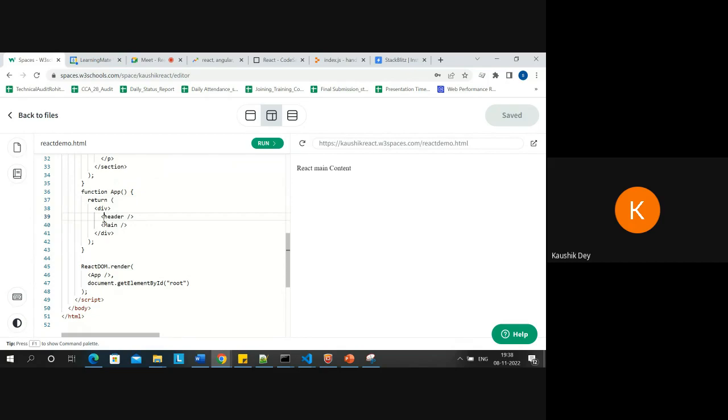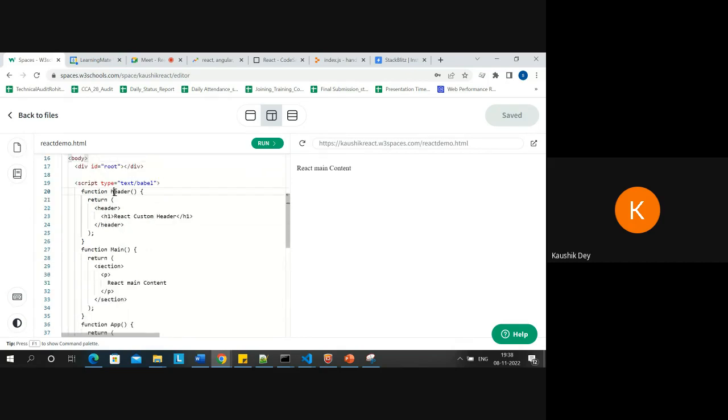You can see it cannot be identified, header. Header first element should be the